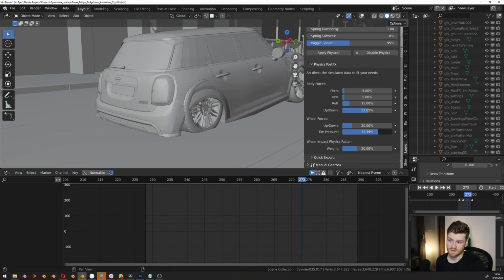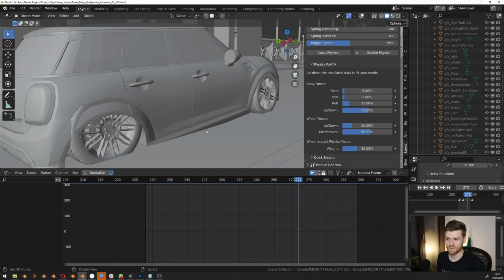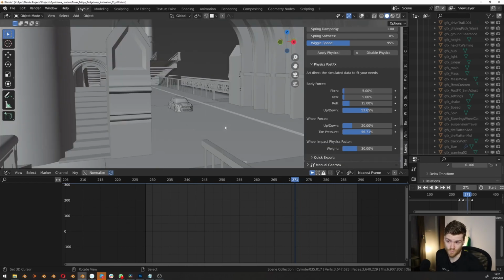asphalt. And now when there's pressure applied to the tires, you can decide how much they are being pushed further down. So this should simulate that the tires are being squashed. So if you have a big tire, like from a monster truck or something like that, the tires are very soft, you can turn this way, way down. But for a car like this, of course, you shouldn't turn it much more down than something like this, because then you can see the rim is starting to touch the road, which, I mean, should be kind of the